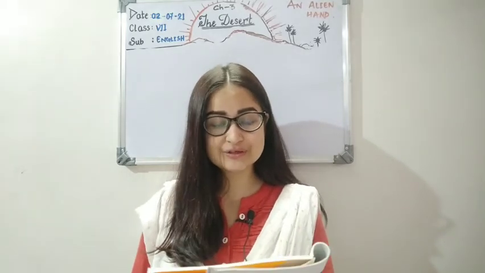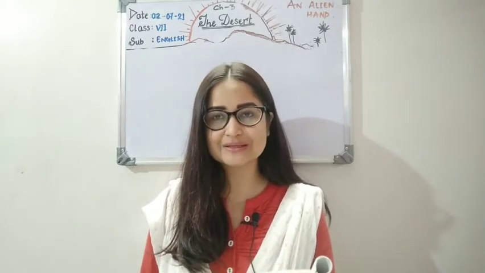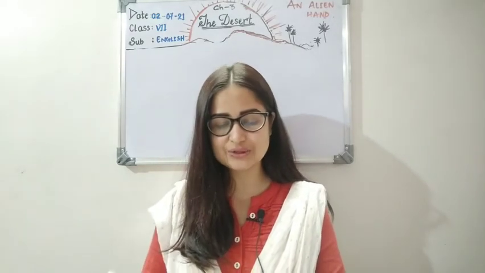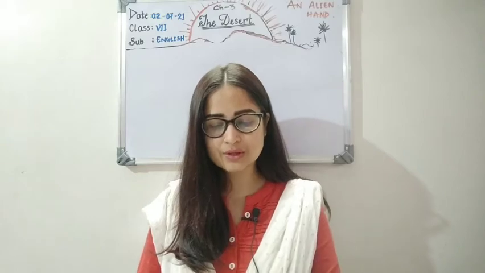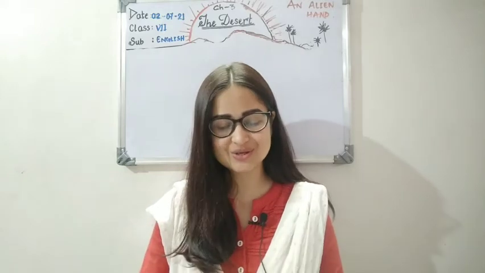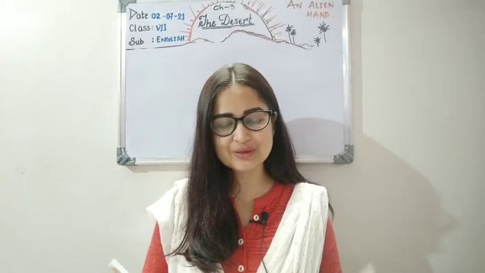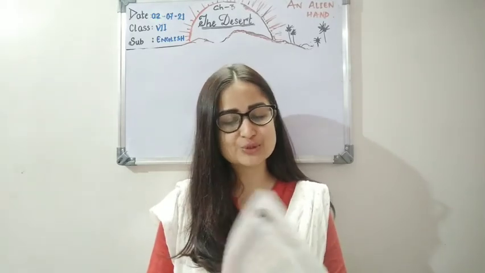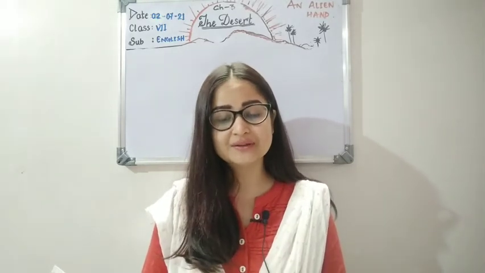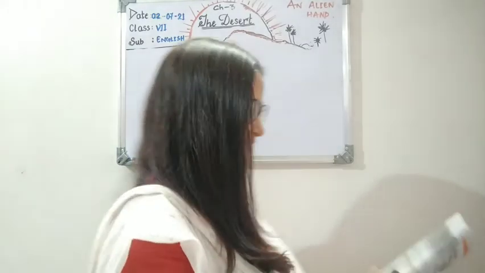Next, the first question from your comprehension check is, a camel can do without water for days together. What is the reason given in the text? So what is the reason children? Let's write it down, why it can do without water. So we have to give the reason from the text only. We won't be writing anything extra. We will be finding the answer at page number 18 only. So you can see from 17 onwards, camels can do without water for days together. The reason is they sweat very little. So we are going to write this children.